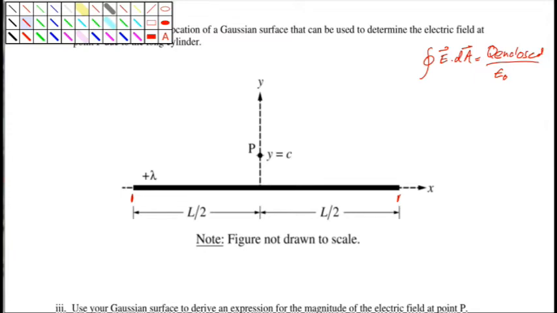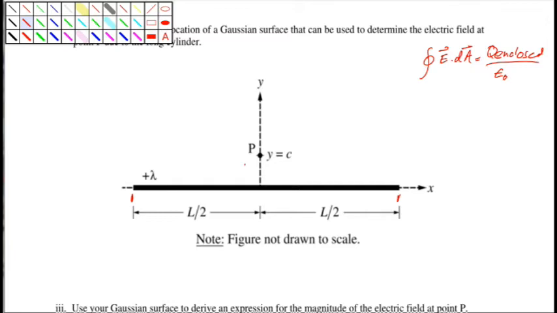So we need to make the length of the Gaussian surface cylinder much shorter than the length of the charged object. And this is because the horizontal component of the electric field only cancels out completely at the midpoint. As soon as you start moving away from the midpoint, the field produced by the charge to the right of any particular point is going to be greater than what's produced by the left side, so you do get some residual field